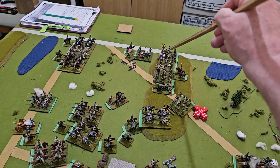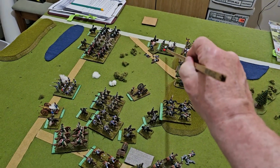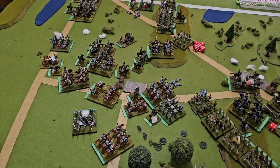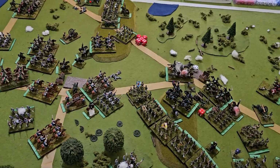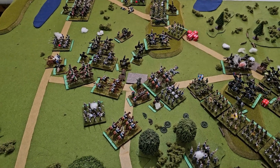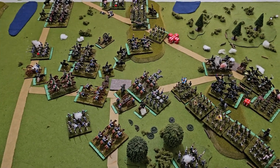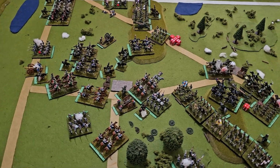And it's also the same reason they could blast away with a huge amount of firepower at those chaps there, but that would also mean that they could fire back at them. And if they got lucky, they could get maybe one of the hits that they need. So we're not going to tempt fate. It is an interesting situation because it occurs to me that this has certainly happened several times before in Volley and Bayonet, where you get to a situation where